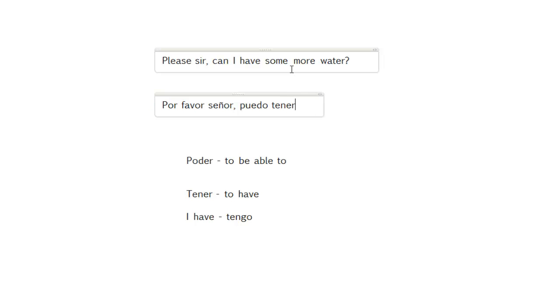Now, let's take this out because I don't want to complicate things. So please say, can I have more water? Okay. Now more is más. Okay, más, and you've got to put that little accent. And water is agua with a G. Agua. So there's the thing. Por favor, señor, ¿puedo tener más agua? You can do that little agua. ¿Puedo tener más agua? Or you just, depends on the intonation.